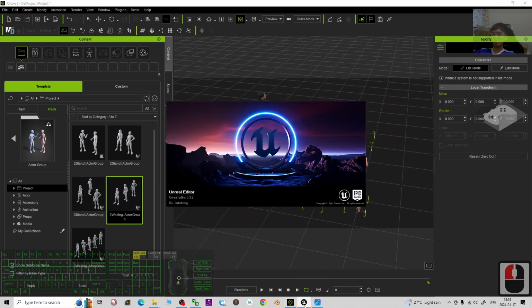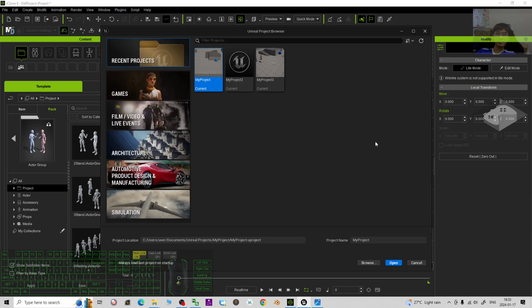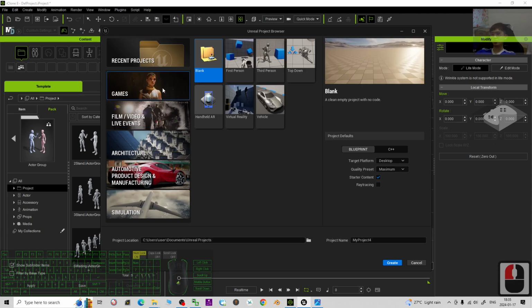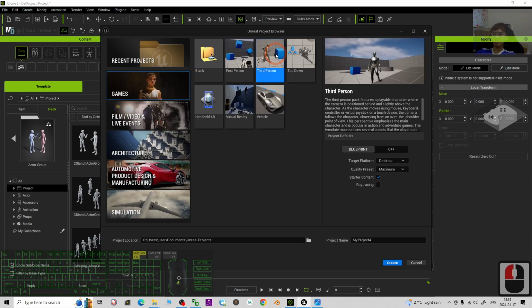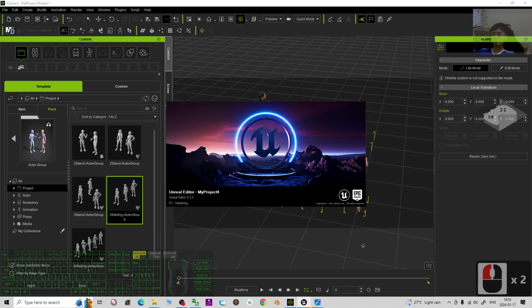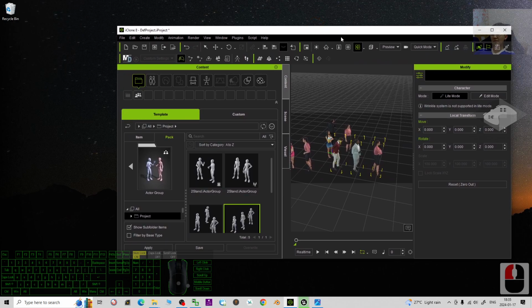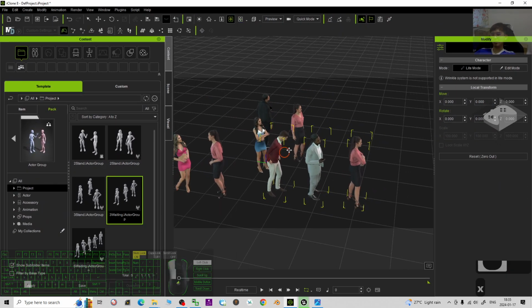I'm going to just open Unreal Engine 5. This is the Unreal Editor 5.3.2. As a demo, I'm going to just start a fresh new game project here, a third-person game project, and everything starts from the beginning. I click Create. Right, now you can see here, the first step, what we're going to do is just export as FBX,